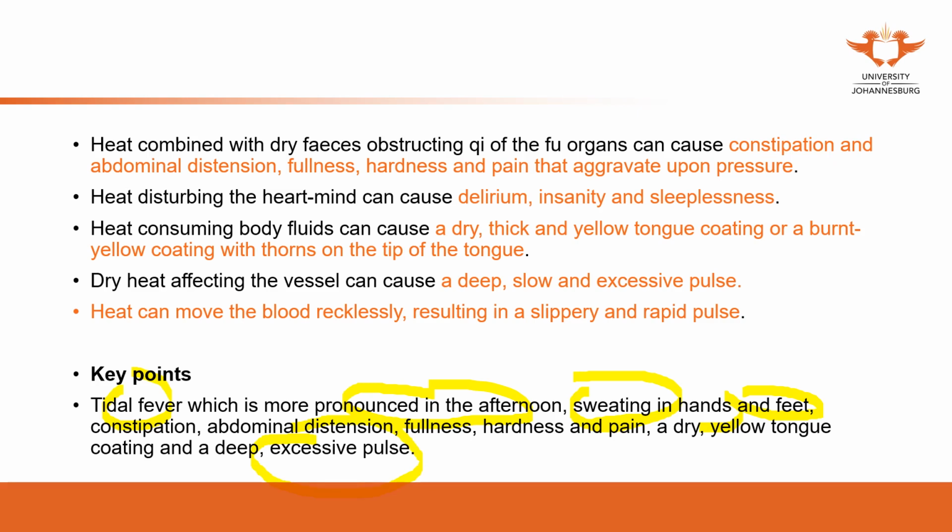So this manifestation can be summarized into four symptoms: excessive heat, excessive sweating, excessive pulse, and excessive thirst. So it can be described with these four: excessive heat, excessive thirst, excessive sweating, and excessive pulse. So these are the key manifestations of